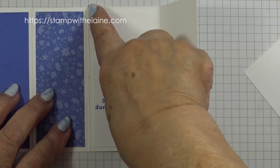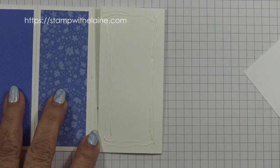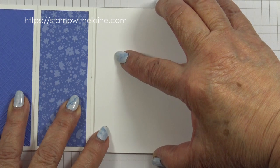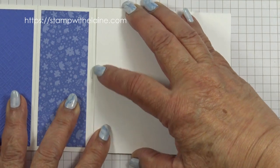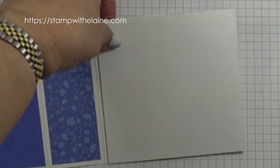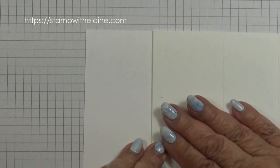Let's zoom in. Where you've glued this card here, you can use that as a guide to marry up your cardstock so it doesn't show. And there's 1/8 of an inch. You need to be mindful that your top and bottom piece matches. Now flip it over so that side is along here. So put adhesive on this bit here again,